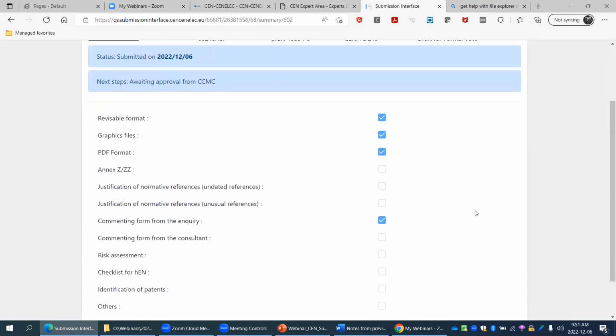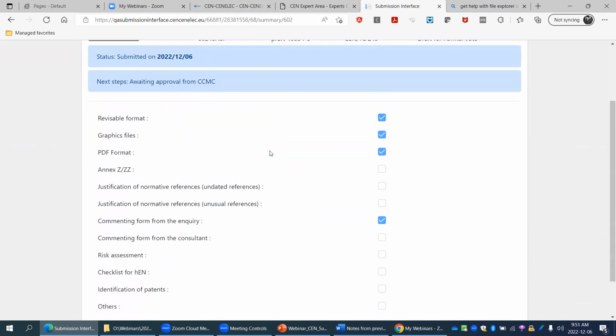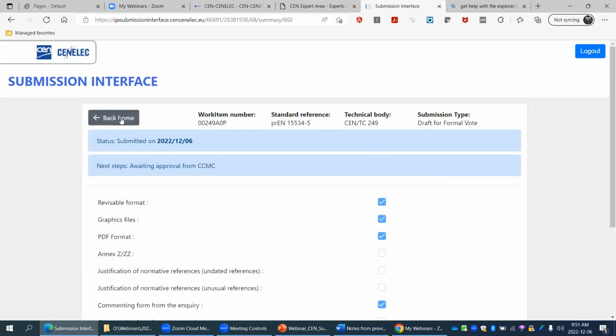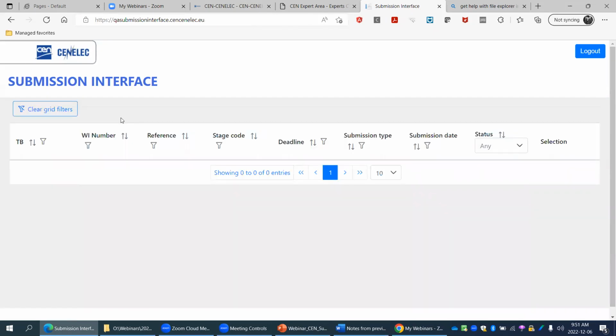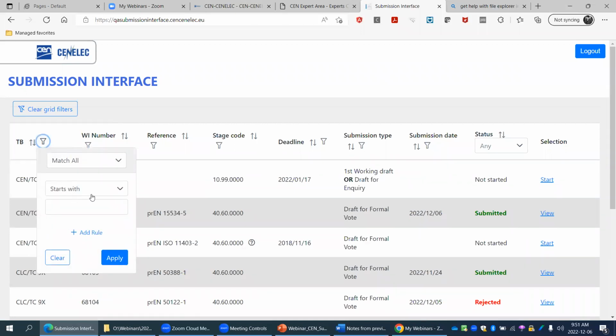So here my submission went through. So I've got a kind of report of when I submitted, and the status is submitted. So it's waiting for another step from CCMC before I'm in the clear. And also what I have submitted. So I can see I've given the revisable format, graphic files, PDF, and the comment. This remains available. So if I go back to the main page, and I will sort on